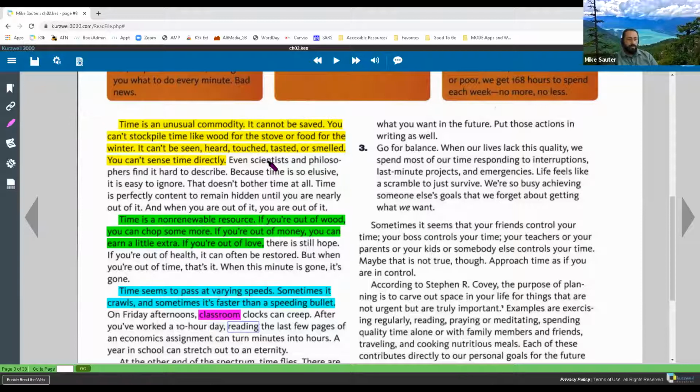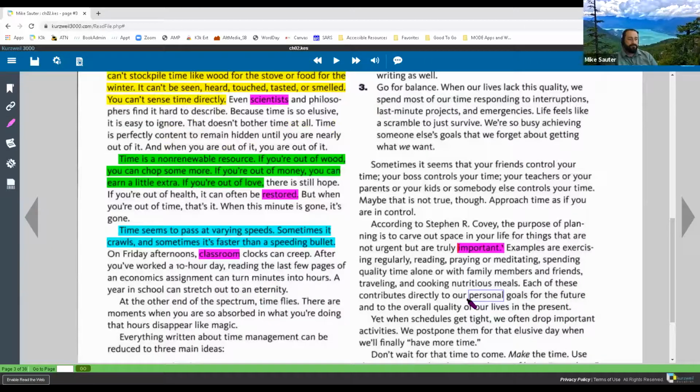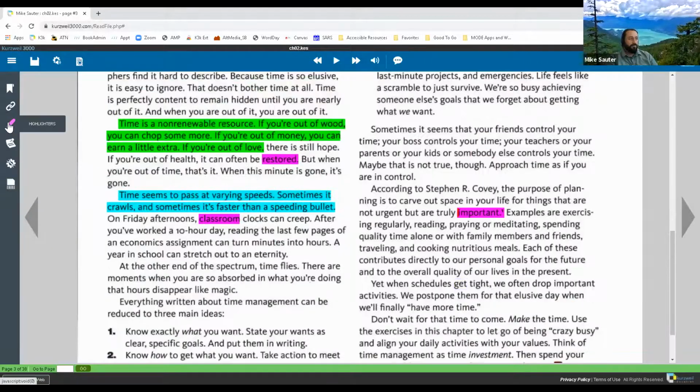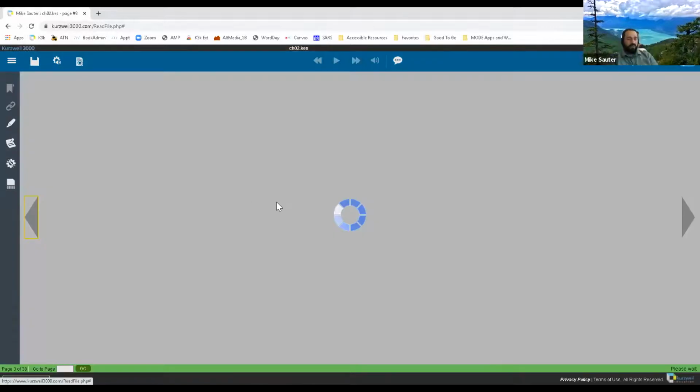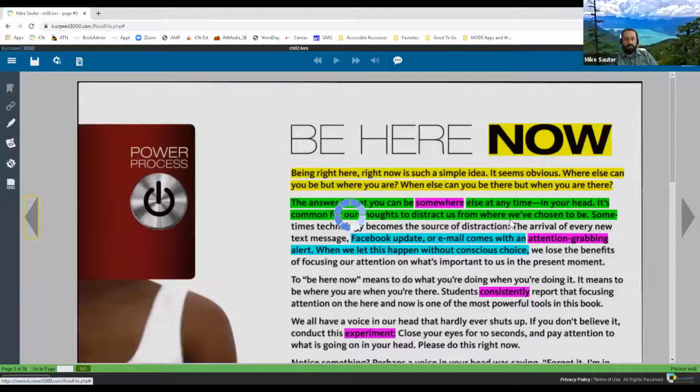Using my pink. And that is looking pretty good there. So let me go back to the previous page, just so I can show you that, yes, my highlighting is still saved. Now, does anyone have any questions on what I've just touched on there? If you do have any questions, just pop them in the Q&A box.